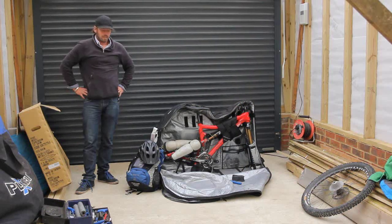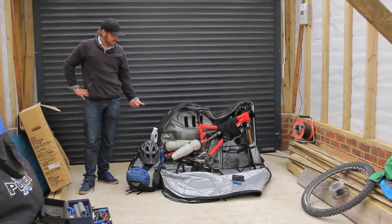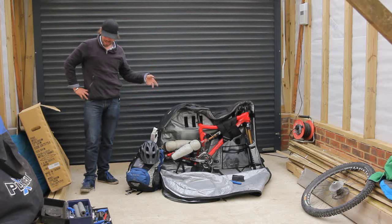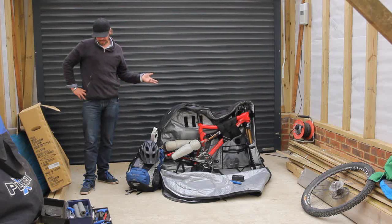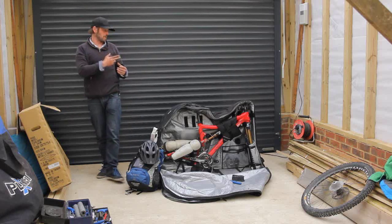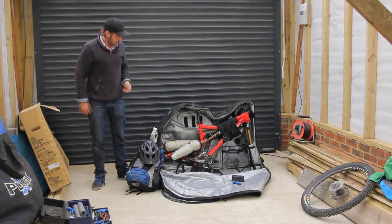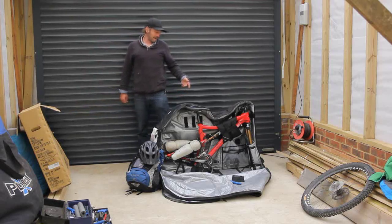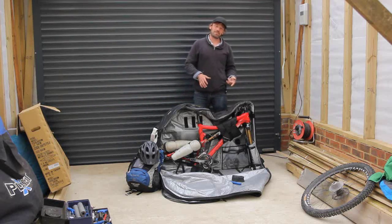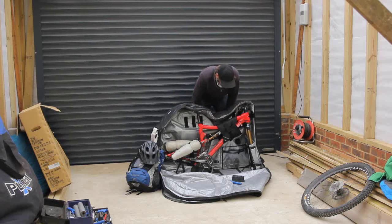Okay. The backpack's also going to contain a small amount of tools, but as I've got a little bit of weight allowance as well, I'm going to take a couple of my extra workshop tools, in case there's any little bits and pieces we need to do. Nothing too much. I'm going to take my tuning fork for my brake discs, my straightening fork, because they can get bent out of shape quite easily. I'm going to take my pedal spanner, because that's nice and easy to use compared to faffing around with Allen keys. And obviously I'm going to pack in there my day kit, which will include multi-tool, chain breaker, pump,